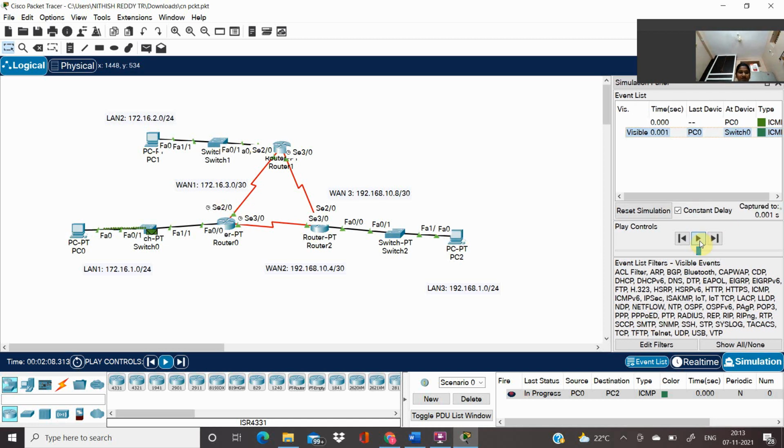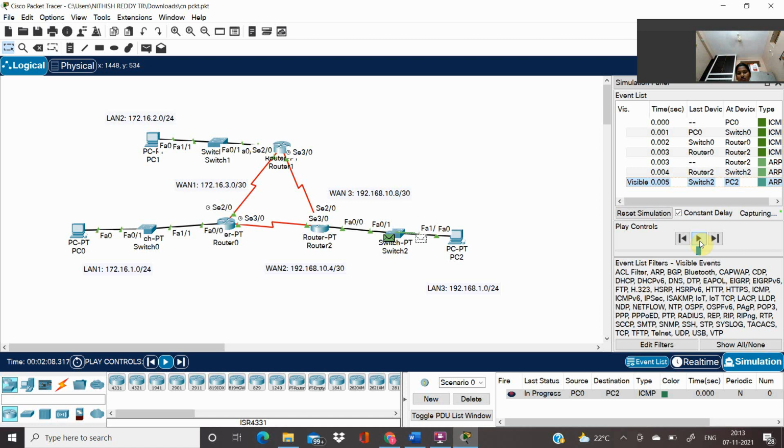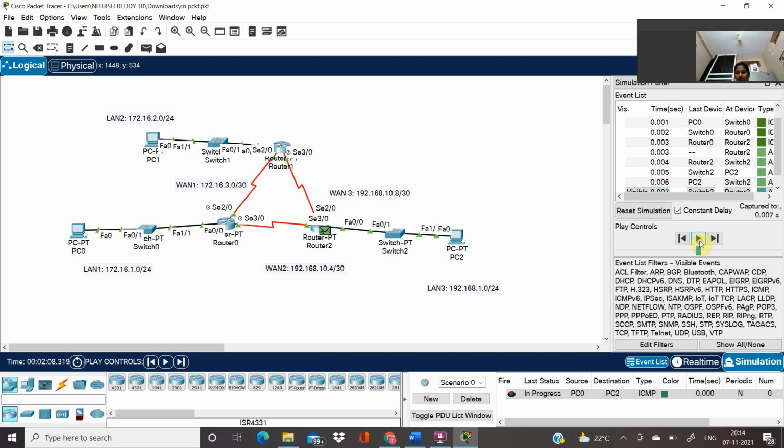It's going from PC0 to switch 0, then from switch 0 to router 0, from router 0 to router 2, from router 2 to switch 2, and from switch 2 to PC2. Again the packet is sent back from PC2 to switch 2, from switch 2 to router 2, and from router 2 to switch 1.